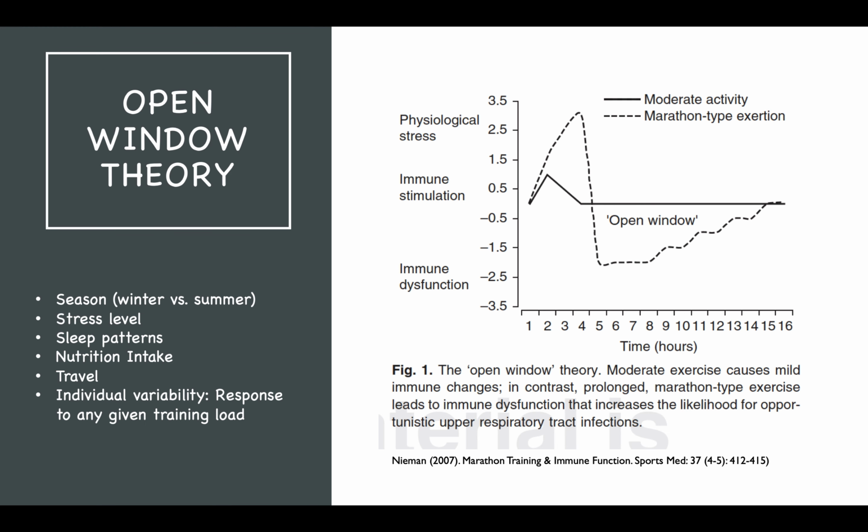The final concept we're going to go over today is the open window theory. On this graph, on the x-axis, you've got time in hours, and on the y-axis, you've got immune stimulation. We're only going to talk about the dotted line, the marathon type exertion. This theory was also developed by Dr. Nieman. What this theory says is that when you race a marathon, for example, you've got a high level